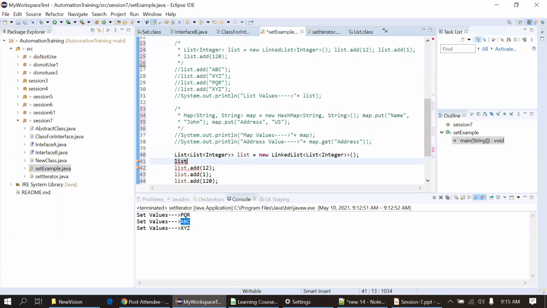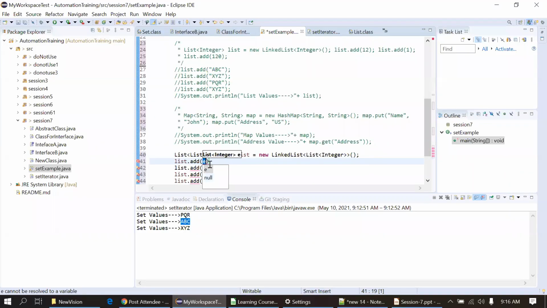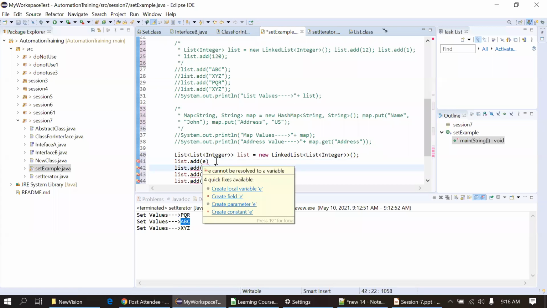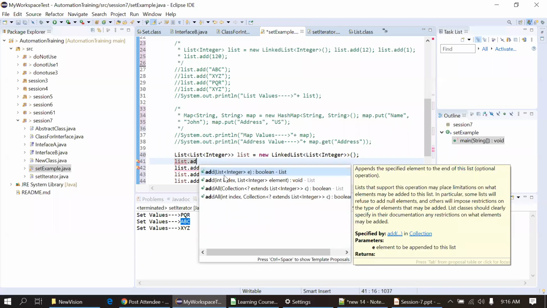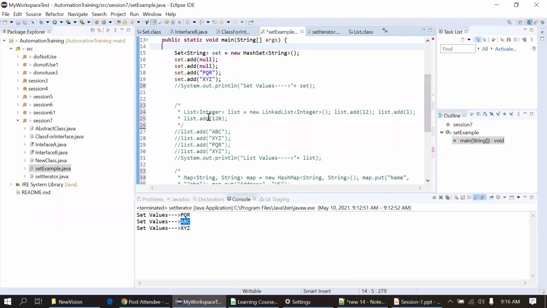List of list means there is one list and we are creating a list of that list. So we have to add in this way. Okay, it is expecting a list parameter. You can see it here. If I hover the mouse, it is expecting a list of integer. So I will uncomment this above code and use it there. There is a shortcut to uncomment code, but I'm not recalling it, so I'm manually uncommenting.